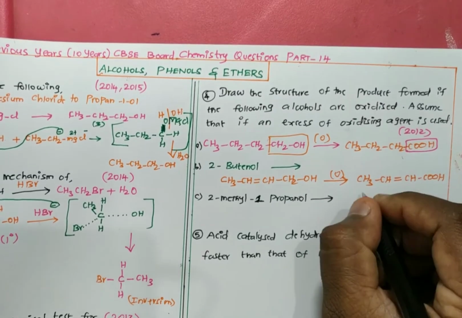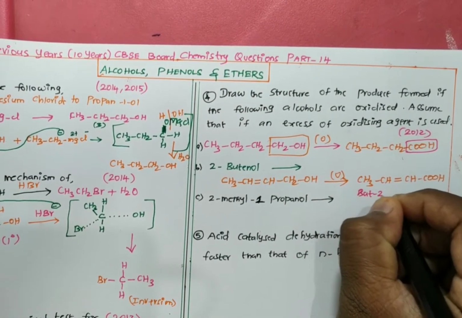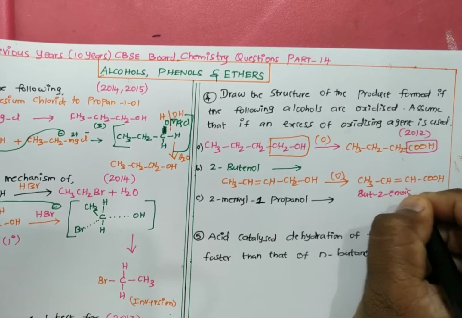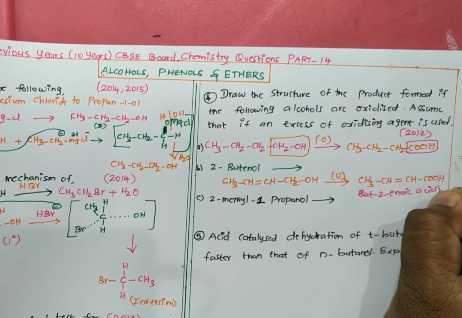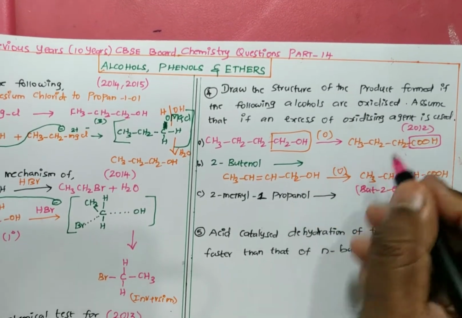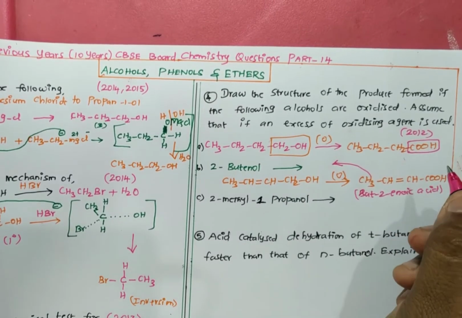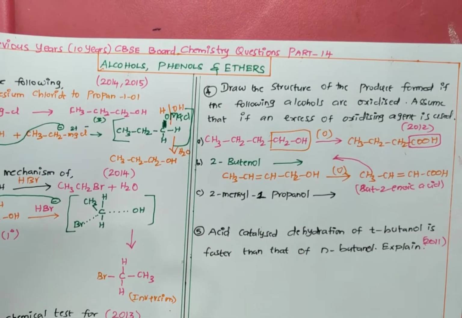Are you able to understand? So this is called butenoic acid, I'll be getting. So here I'll be getting a product like this. This is our product. Are you able to understand, student? And next one is